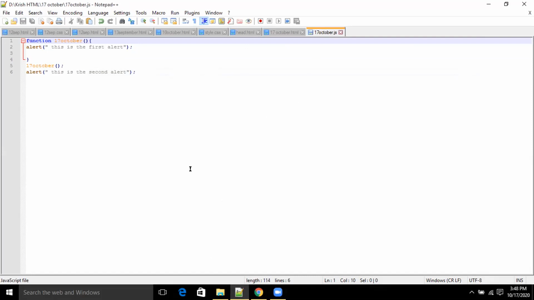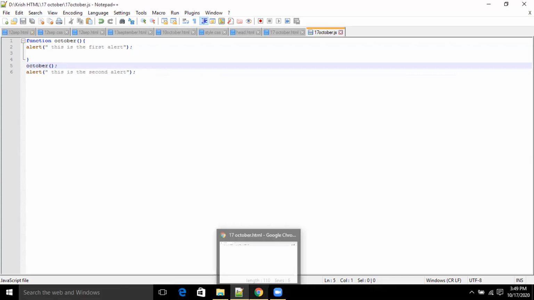Okay, all right, let's do one more thing. Krish, can you remove this 17? Let it be OCT. I'm just cross-checking something. Let's remove 17. Your file should work now. This is the first alert. Yes, sir, it is working.